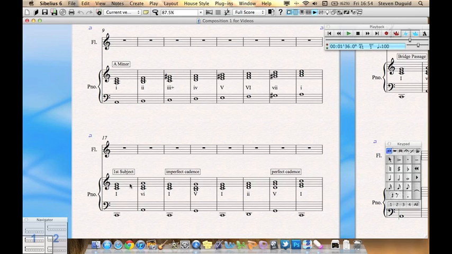To write a decent melody, you have to be thinking about what chords have I got. So in the easiest terms, what I'm going to do for this first 8 bars is I'm going to highlight my chord sequence. I'm going to copy with Command and C, and then I'm going to paste that into the flute part. Now I'm very aware, of course, that the flute cannot play 3 notes at the same time, but what I get to do is I get to choose one note from the chord for each chord and keep it. So I'm just going to get rid of 2 notes in every chord,